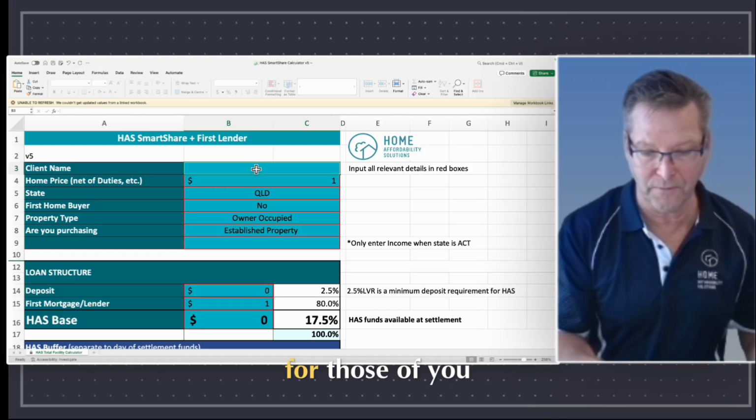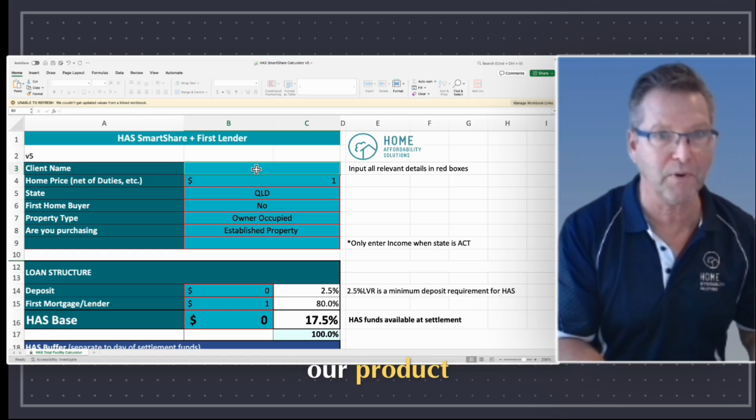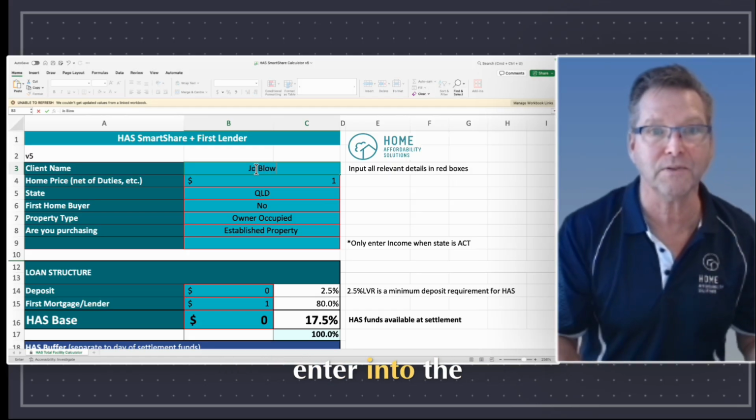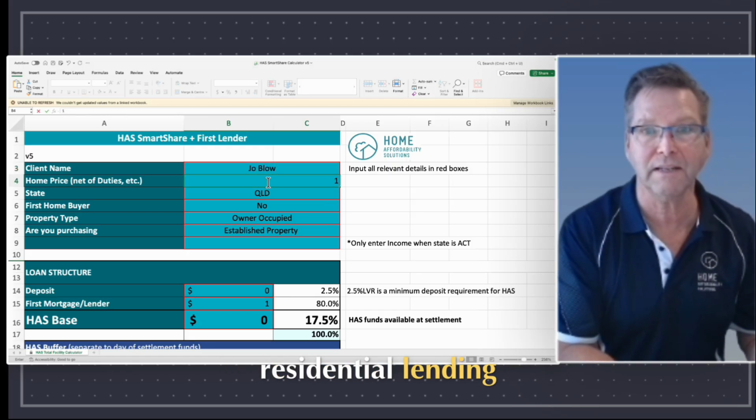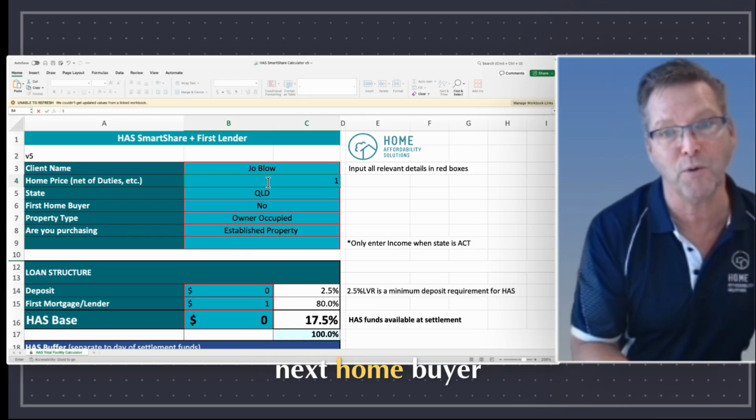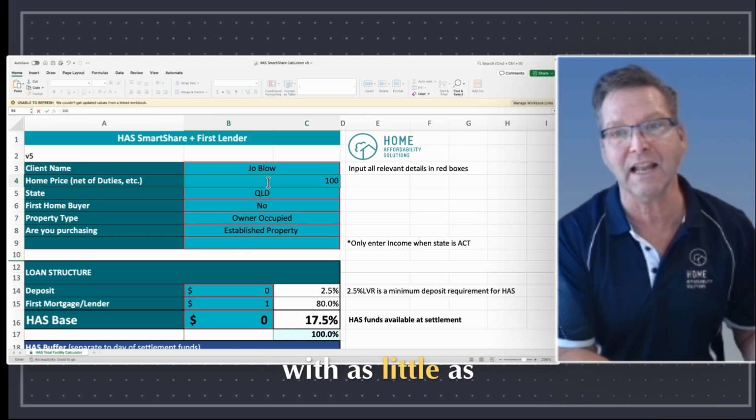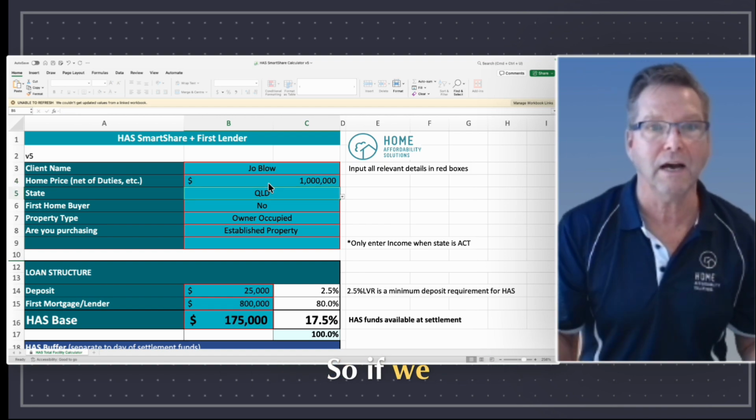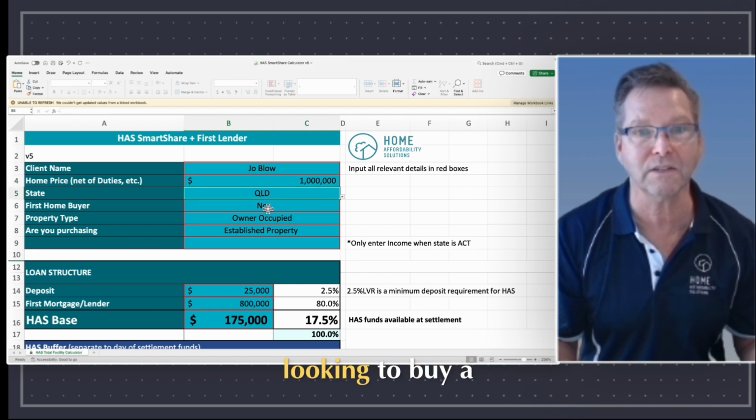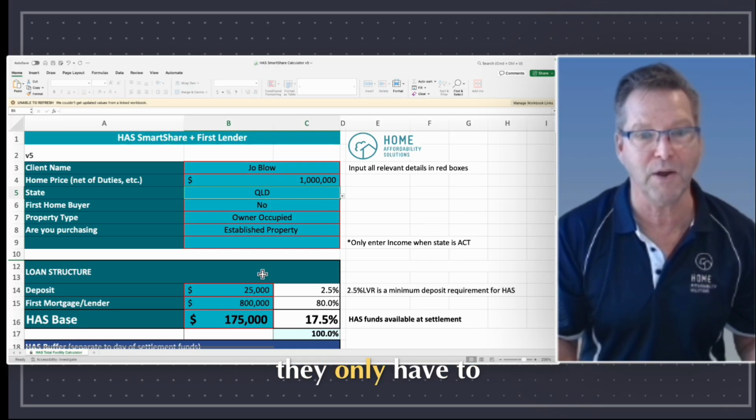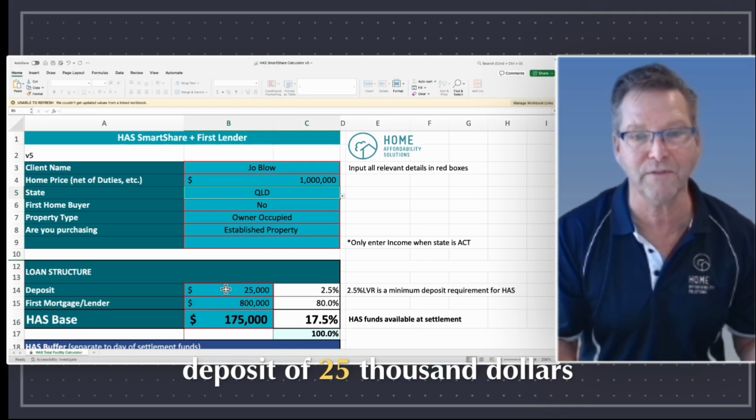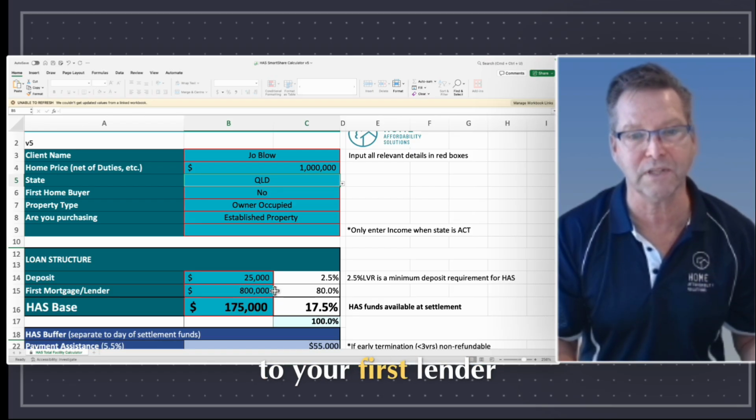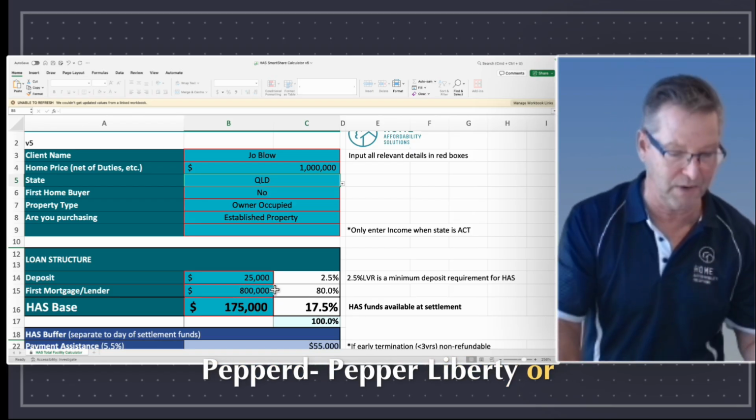For those of you that are familiar with our product, we basically allow clients to enter into residential lending, whether they're a first home buyer, next home buyer, or investor, with as little as 2.5% non-genuine savings. For example, if a client is looking to buy a $1 million property, they only have to have a non-genuine savings deposit of $25,000, and you would then go to your first lender, Pepper, Liberty, or First Mac,